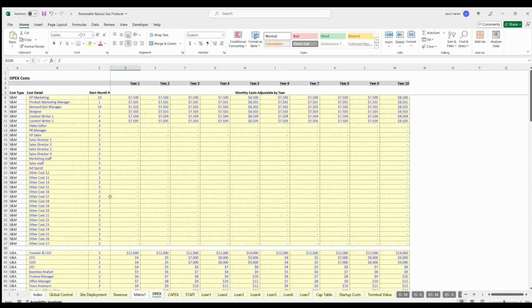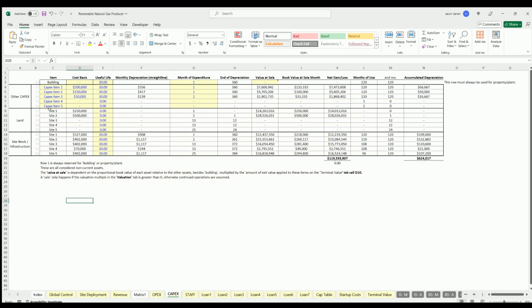Now that we know all of our different costs, we can also go to the Capex tab. Here you're going to see some data flowing from our deployment tab, which is we've separated land and site work or construction. You can just put the useful life of these, which is going to account for some depreciation. You can also enter 5 other Capex items in here that are not directly tied to anything, but the land and site work are tied directly to